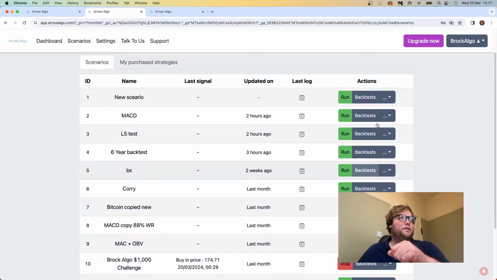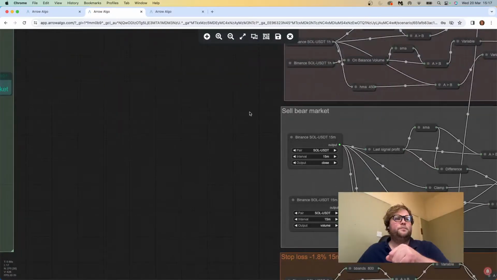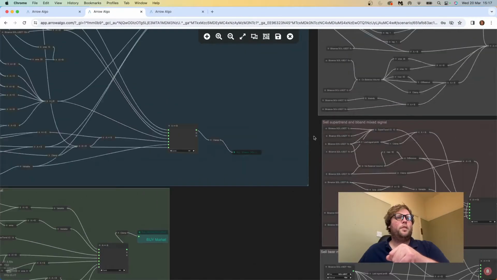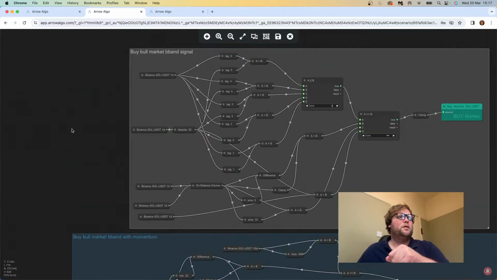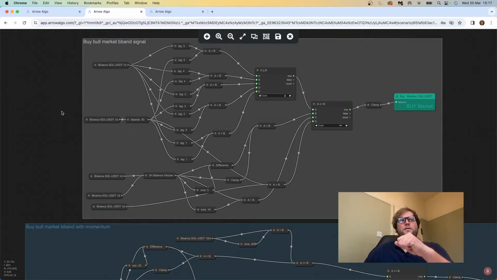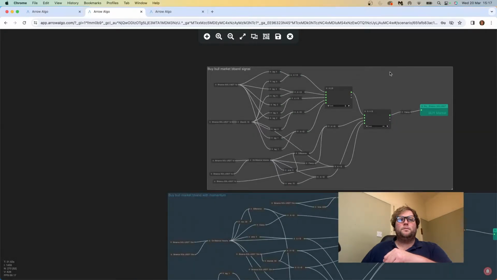If I come back to my strategy, I will run through the first few buy conditions again. I know I've done videos on these previously, but for those that are watching for the first time, we'll let them catch up. So we've got, as I said, 4 different buy blocks. If I look at a high level,